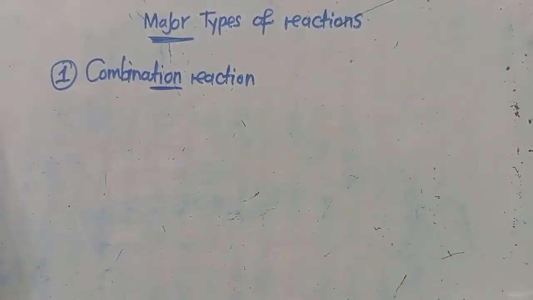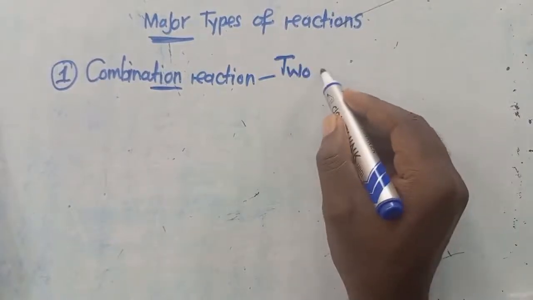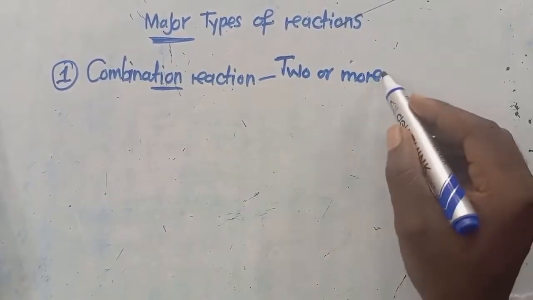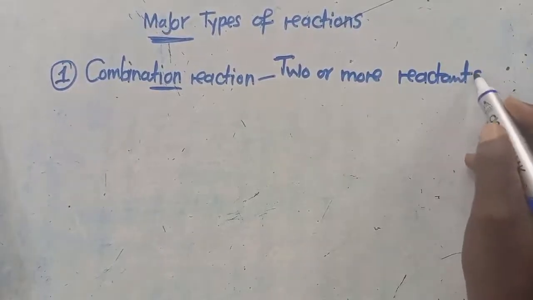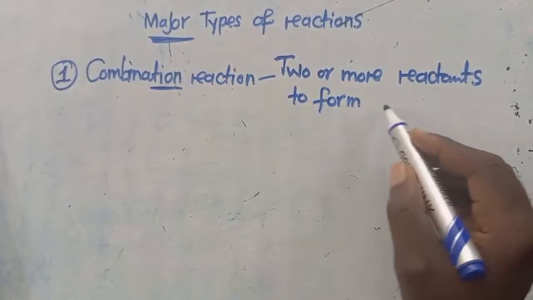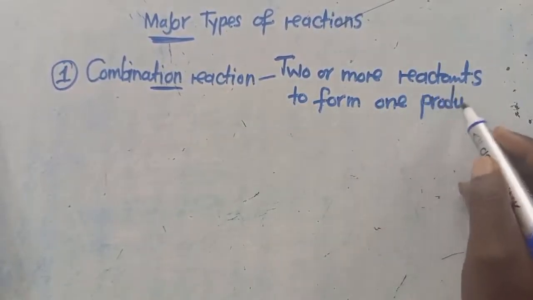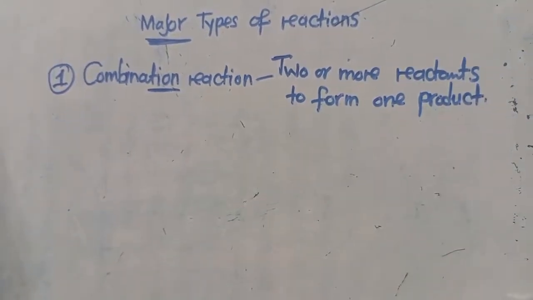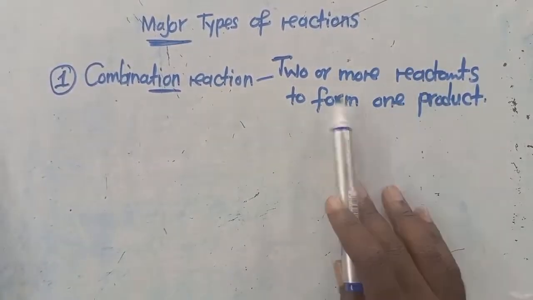A combination reaction is a type of reaction where you've got two or more reactants, to form one product. This is what we mean by a combination reaction. So this is where you've got two or more reactants that are reacting together